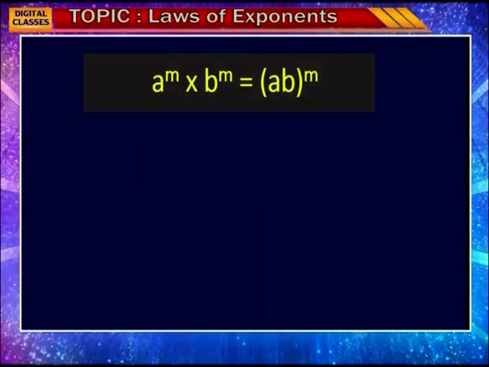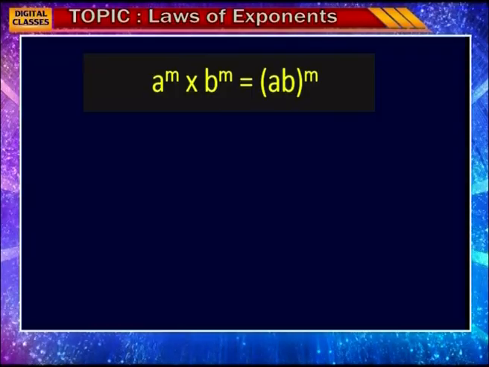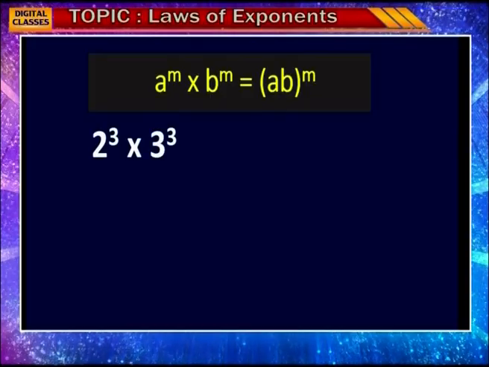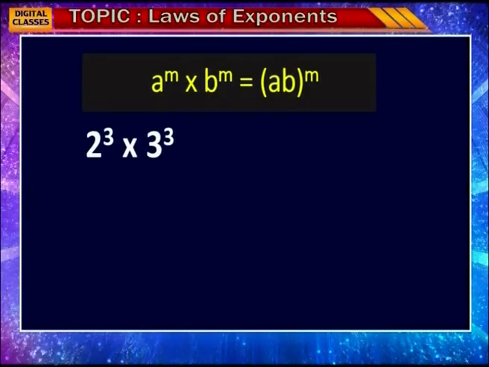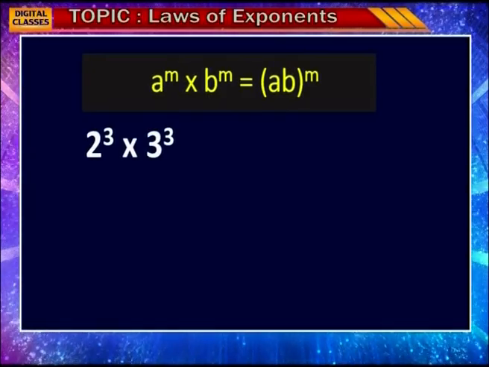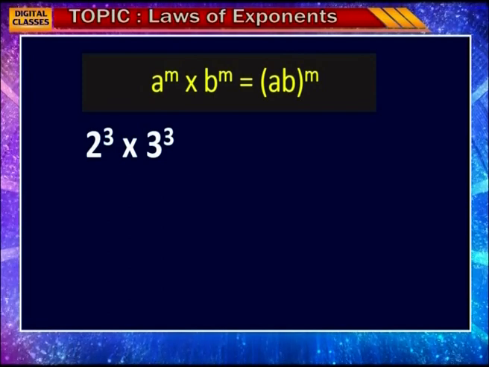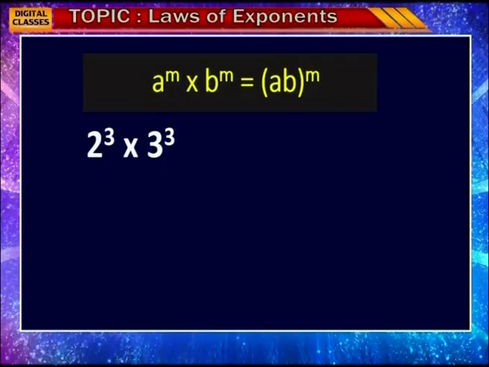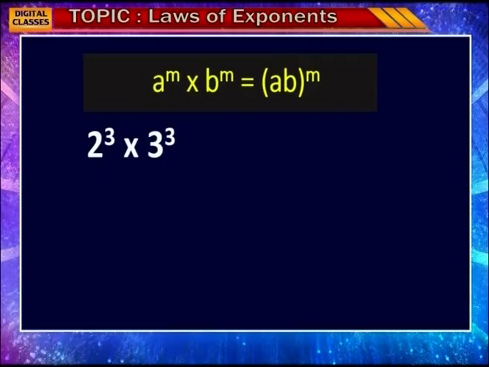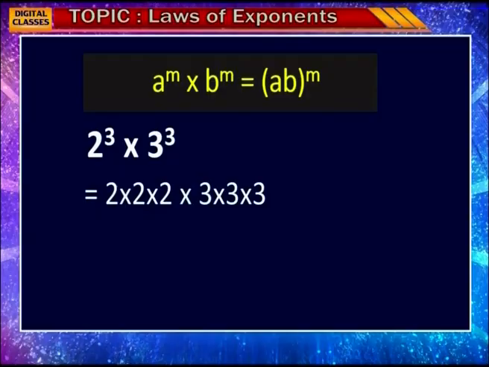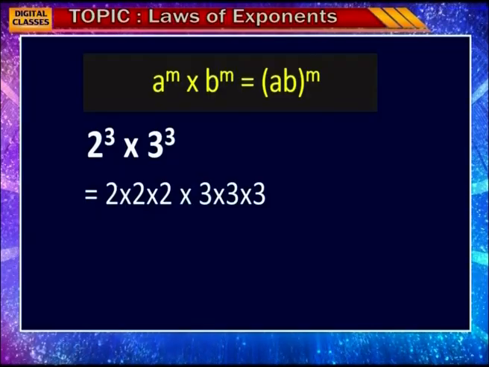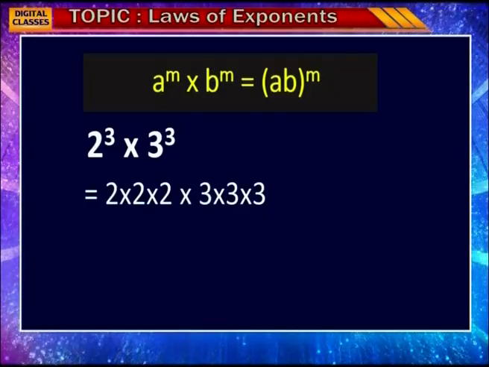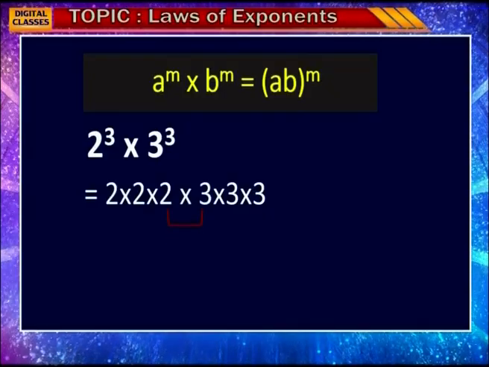Next, a to the power of m into b to the power of m is equal to ab whole to the power of m. See here, the bases are different. Till now we observed the problems where the bases are equal. Here the bases are different, whereas the powers are equal. Look here. So, 2 can be written as 3 times and 3 can be multiplied 3 times like this. Now, we will group like this. See here,